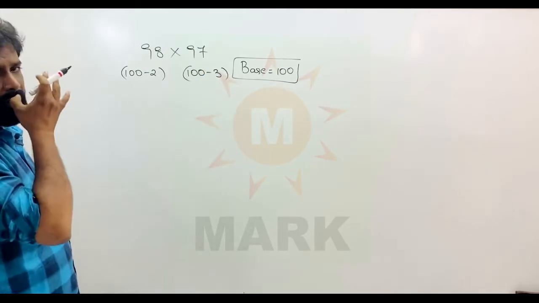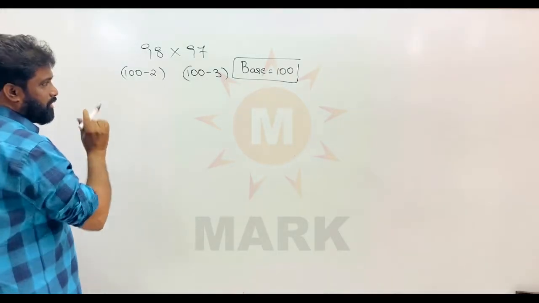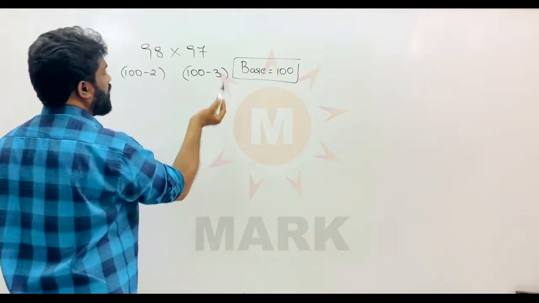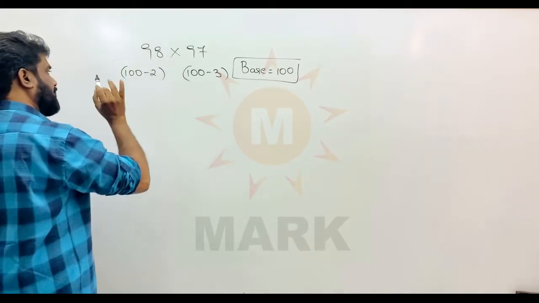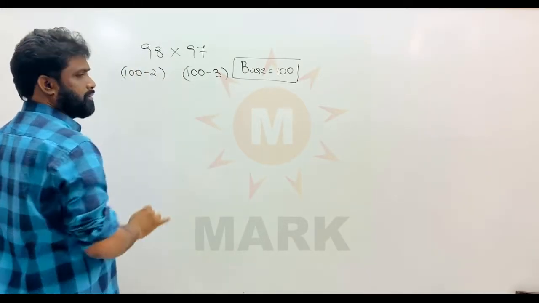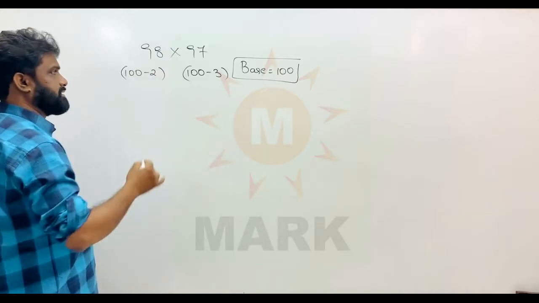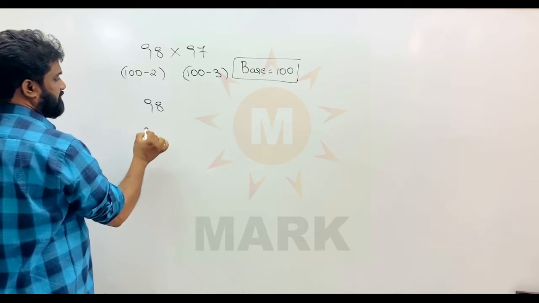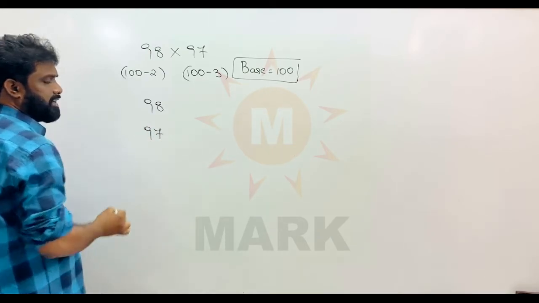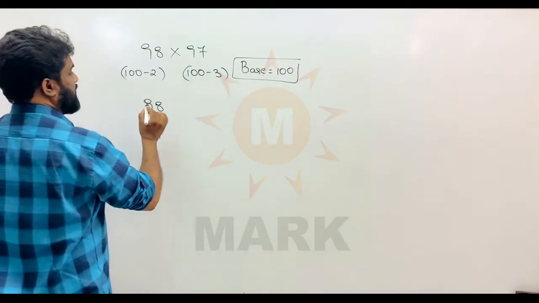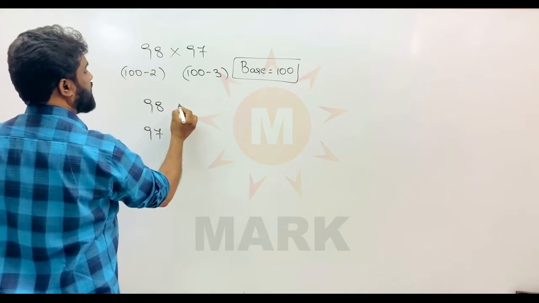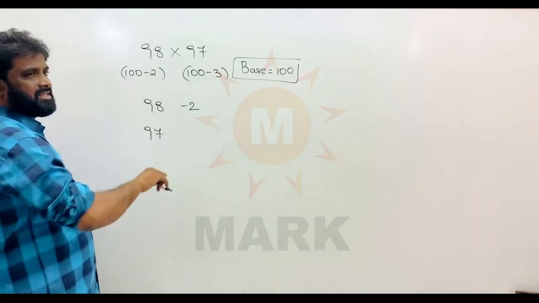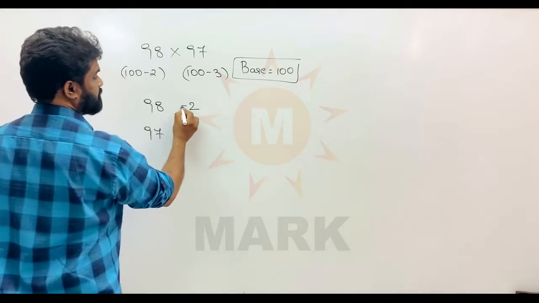You need not do all these things on the paper, but this is what you have to think in your mind. Okay, 98 into 97 means they are in the lower neighborhood of 100. 98 means 100 minus 2. 97 means 100 minus 3. So how to do this, I will tell you. 98 and 97, like this you write. So 98 is how much less than 100? Minus 2. You should write minus also. How much is it less than 100? 2 less than. That means minus 2.